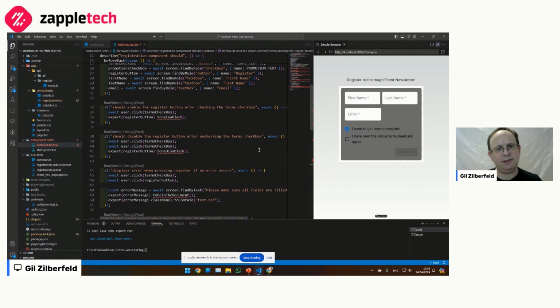And this is something that we have a problem with in component tests. And in web application tests, it becomes a lot more complex, connecting ideas to elements on the page. Because the idea that this needs to be disabled because I didn't check the thing is like a business requirement. It's not a component requirement.